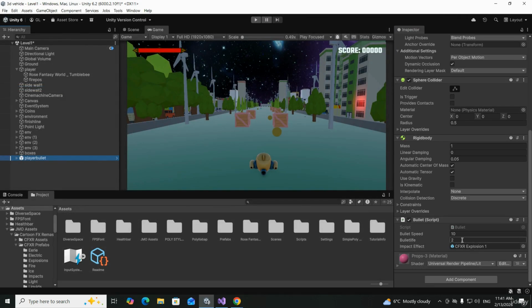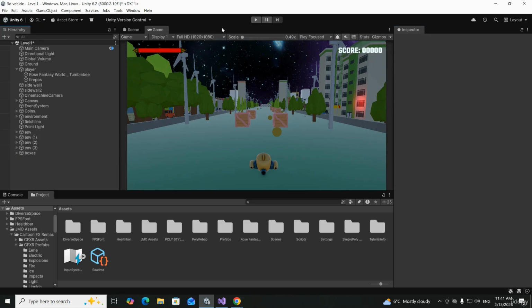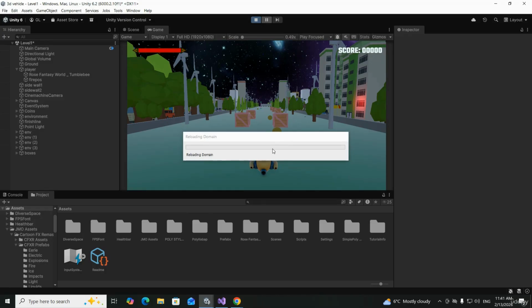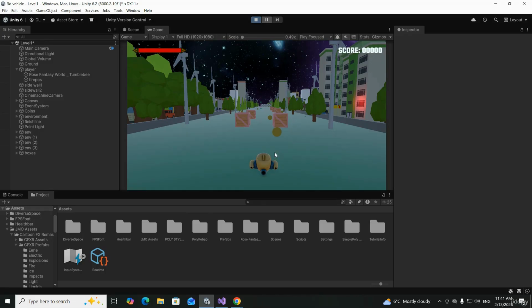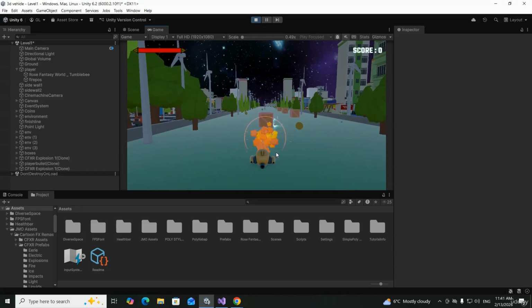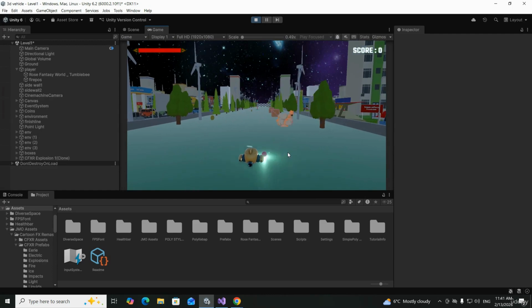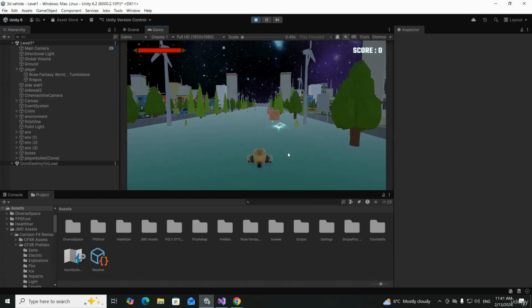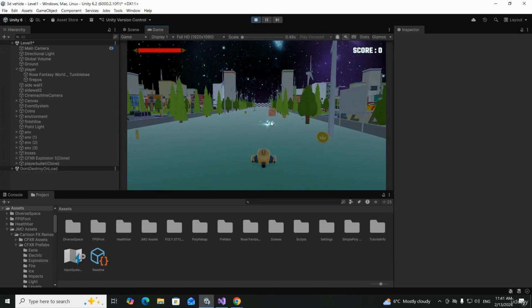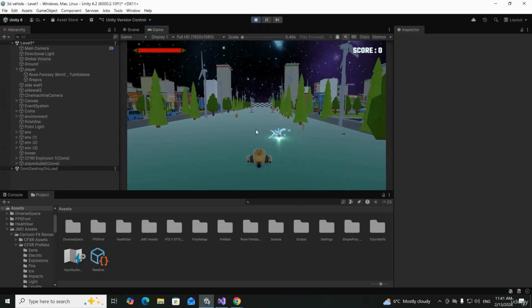I will just increase speed of the bullet to be 20, and also let's click overrides, apply all. Let's remove player bullet from the hierarchy and let's check. So yep, here we go, much better. And now we don't have any weird collision between bullets and the player, which is also fine. And note that after 2 seconds our bullets are destroyed due to our bullet lifetime, which is enough time to reach